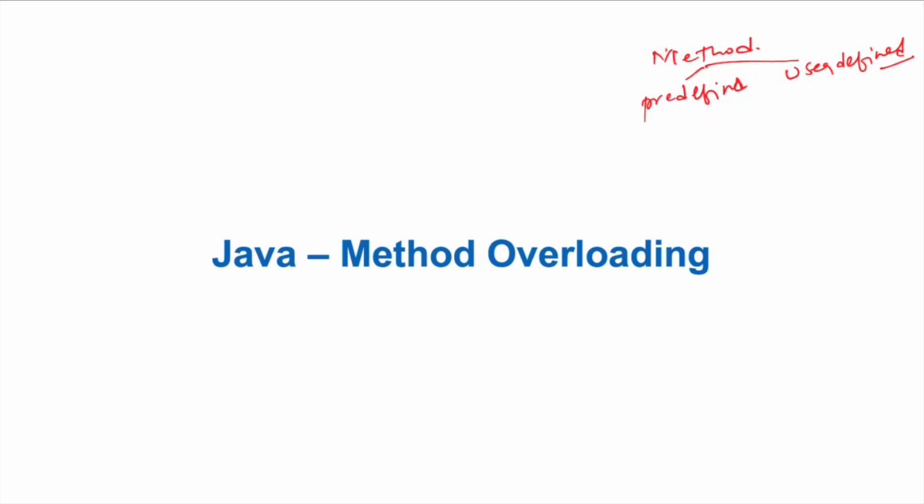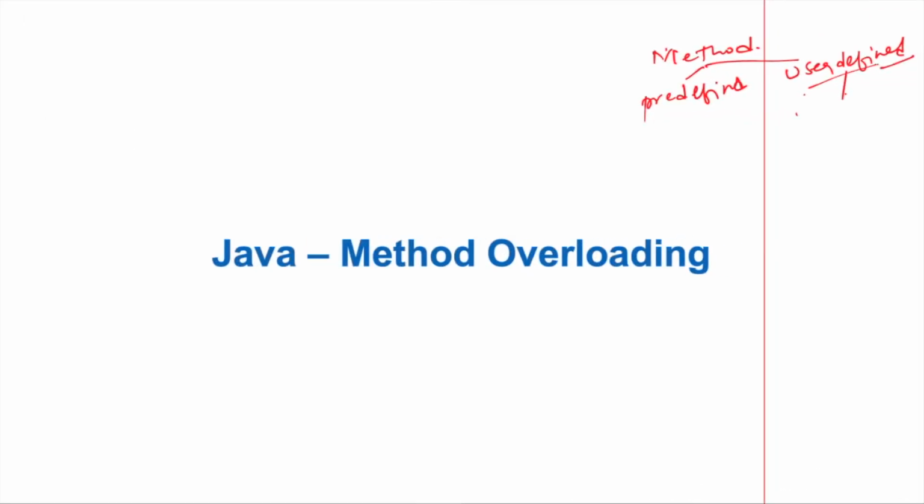In user defined methods, we have seen the signature to create a method. That is the access modifier, the data type to be written, the name of the method, and the parameter list. All this we have seen. And also we have seen various